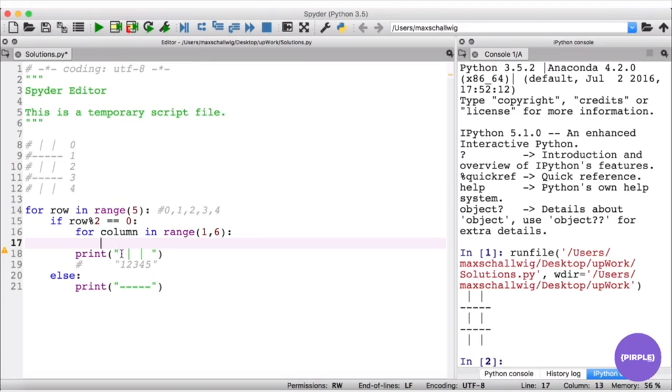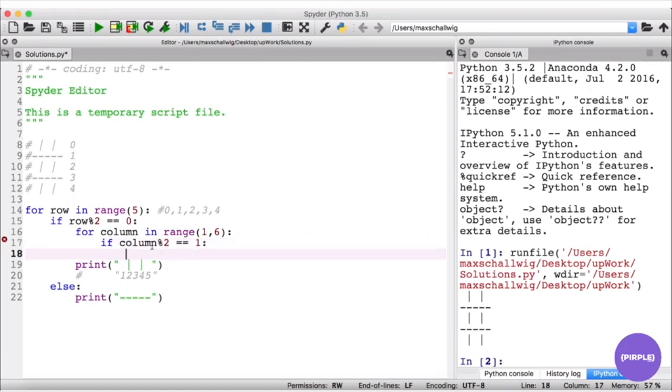So what we're going to do is we're going to say, well, if our number is odd, we want to print a space. So if column, and now we're going to do, oops, misspelled that there. Now we're going to do the same thing as we did up here, and we're going to check if it's divisible by 2 perfectly, or if it has a remainder if we divide by 2. So if the remainder of dividing column by 2 is equal to, and now we're going to check if it's odd, so if it's equal to 1, so if we divide column by 2 and we have a remainder of 1, so if we divide something by 2, we either have no remainder or we have a remainder of 1. So if we have a remainder of 1, or if the number is odd, we're going to print